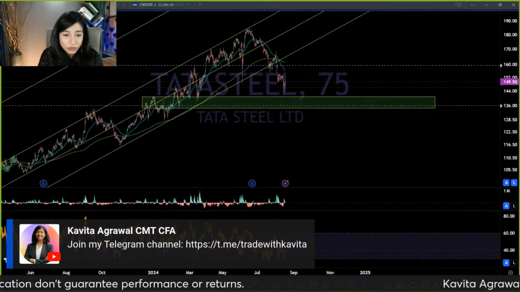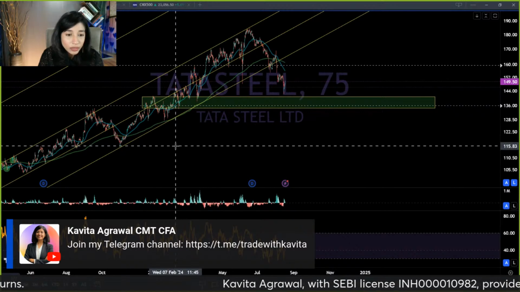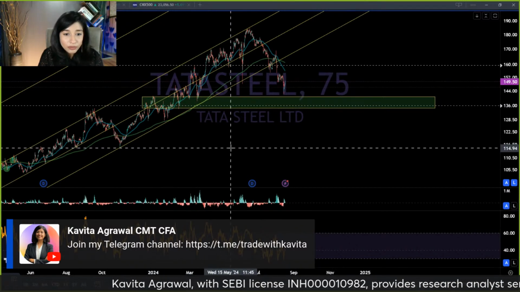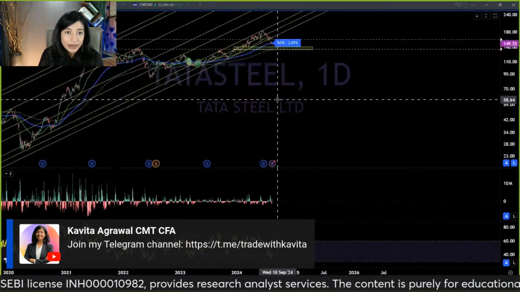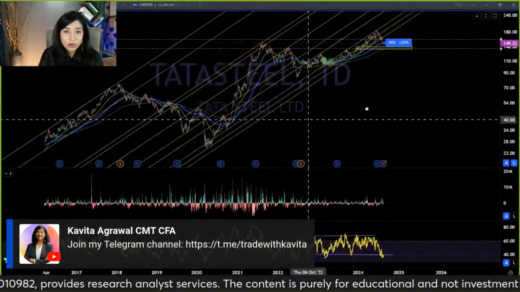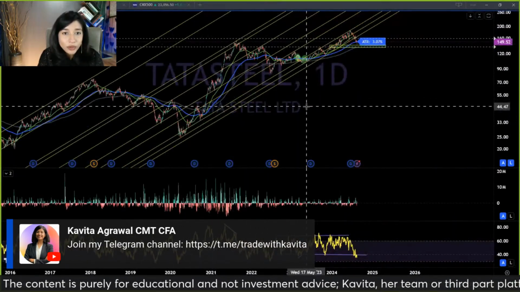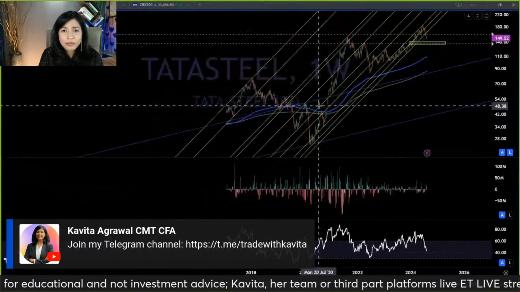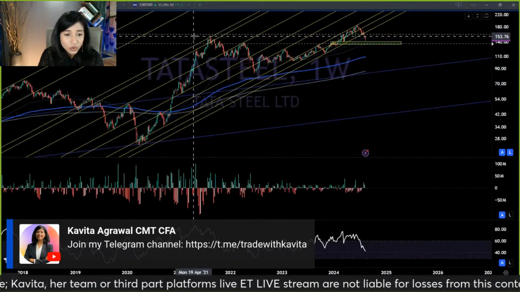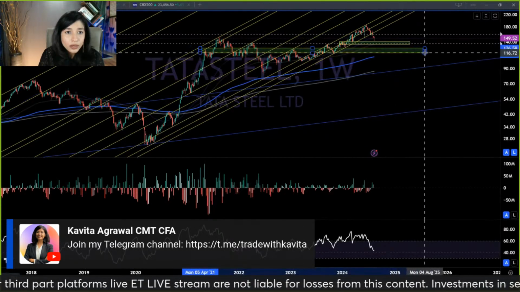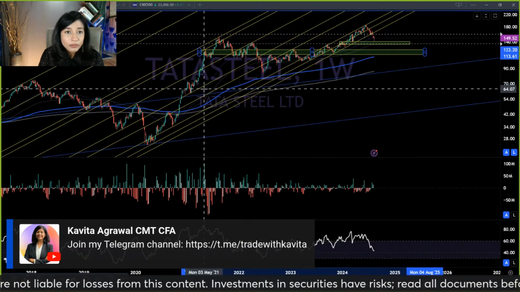The 75-minute time frame, what is that suggesting? That there was a momentum peak which coincides with the daily time frame, so I don't need to mark that again. And I think Tata Steel is a stock which is better analyzed on the daily time frame than 75 or lower time frames because it's a bit of a super mover. So daily and weekly time frame are actually better for analyzing such a stock. So here I can see was a real peak established as per the weekly time frame right here.